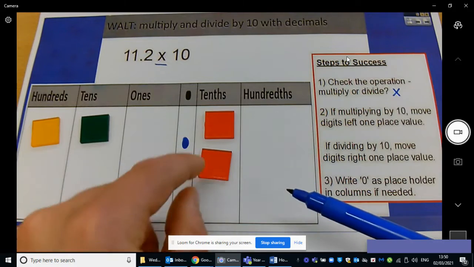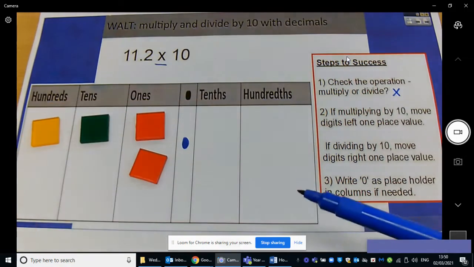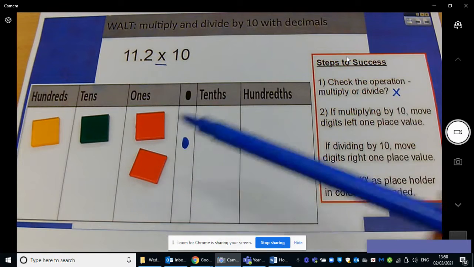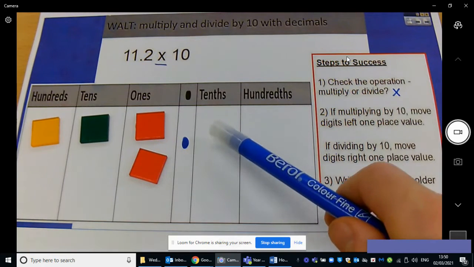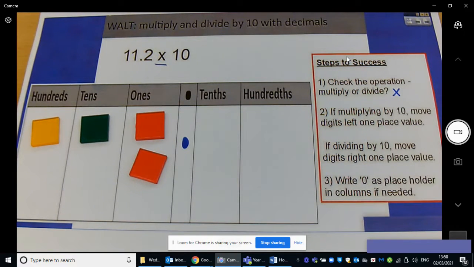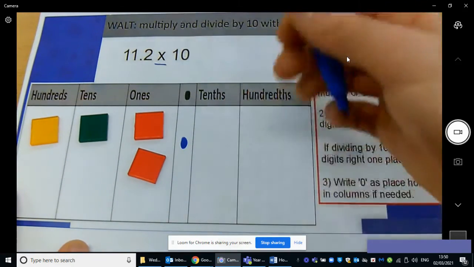And then the 2 tenths are going to become 2 ones. And then step 3, write 0 as a placeholder in the columns if needed. Well, we don't really have one. We don't need one. You could put one after the decimal point if you really wanted, but there's no need to. So we can see that 11.2 times 10